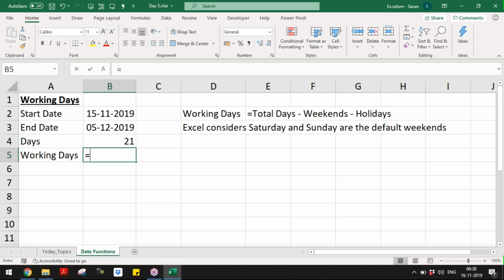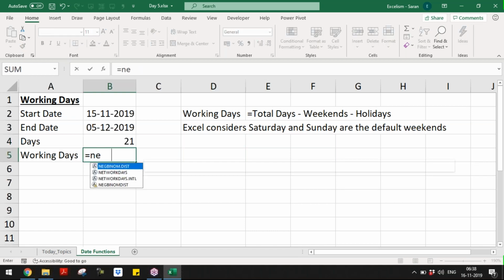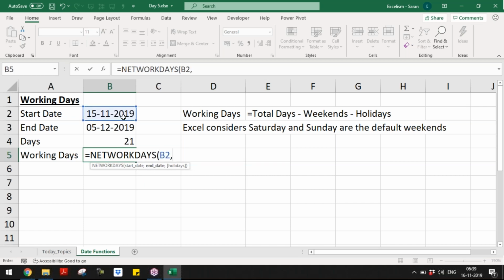Now in Excel there is a function named NETWORKDAYS. You must be very careful. As I told you, without looking into the syntax, even I can understand how many arguments may be there in the syntax. Do you know how? Very simple. If I want to know the total number of working days between 2 dates, first of all I should tell Excel what are the 2 dates. Exactly, those two are the first and second arguments. Excel is asking, give me the starting date and also give me the end date, right? The third argument is optional.